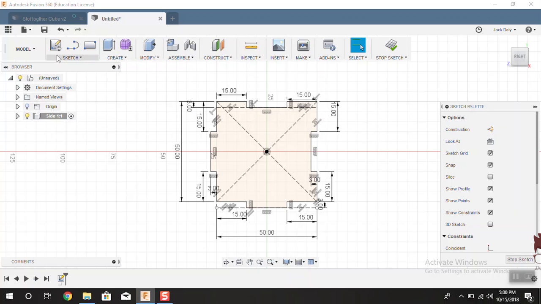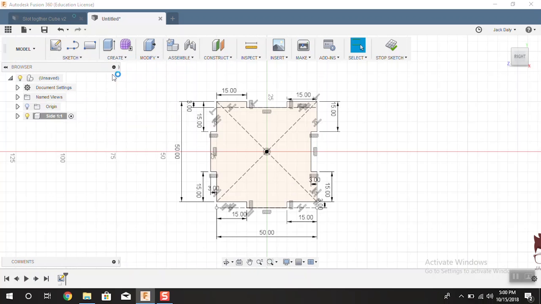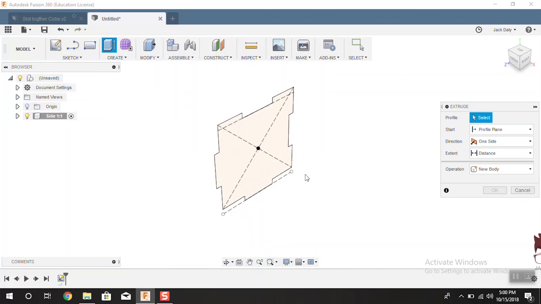So you can sort of see it's almost like a workflow. So now we're going to move on from sketch to then create. So now you want to click extrude, or it's also this one here, and you can see it's gone into an isometric mode, and now we can click on the face that we want to extrude. So we want this one, you can see it's sort of made the lines bold, so we want to click